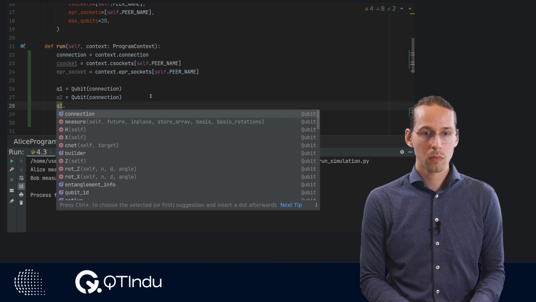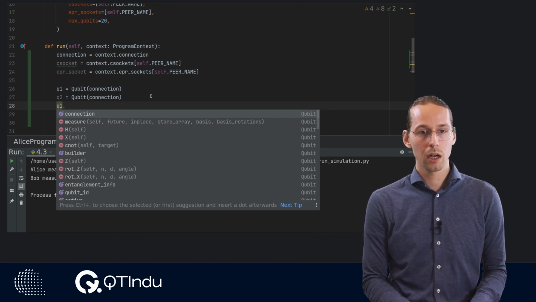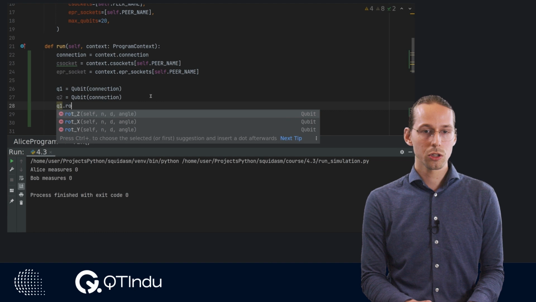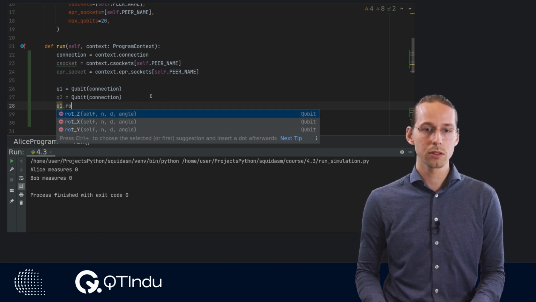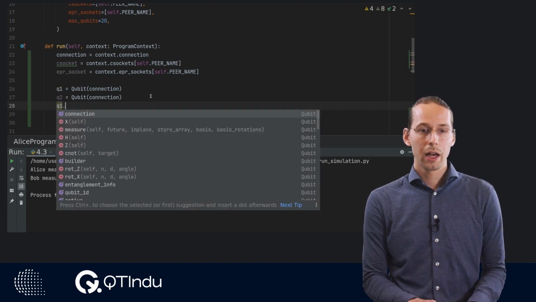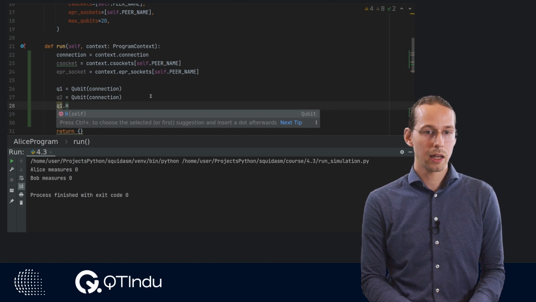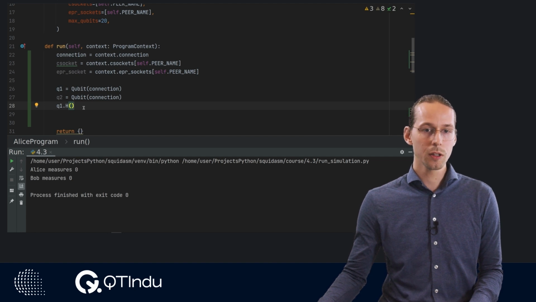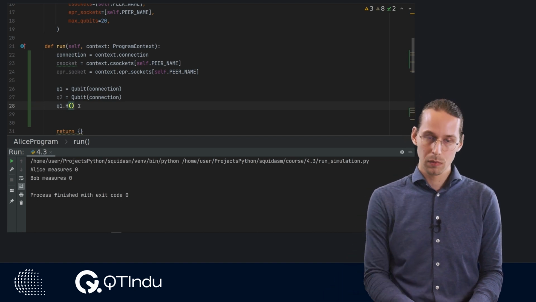So the qubit objects have various gates you can apply to them. All the single qubit gates, you can find them like the X, Y, Z. You can also have the various rotation gates over here. And you simply apply a gate by placing the method of the gate that you want to apply to the qubit. So currently we have a circuit where we only apply a Hadamard gate to the first qubit.